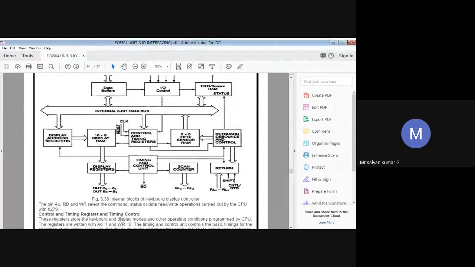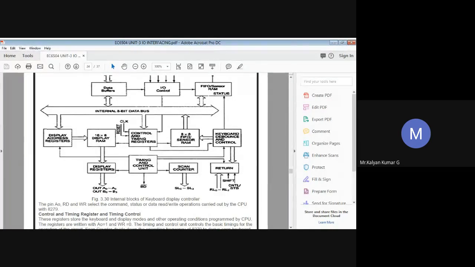How many return buffers are there? I think I said 8. Here also we have 8 return lines, RL0 to RL7. All these are buffered, and they are latched by the return buffers when each row is being scanned, for keyboard or sensor matrix mode. In case of strobed input mode, the contents of these return lines are transferred to the first in first out RAM, only at the rising edge of the control strobe line.